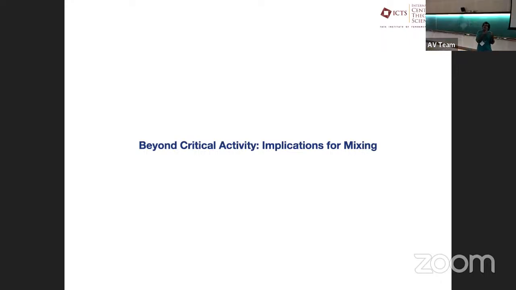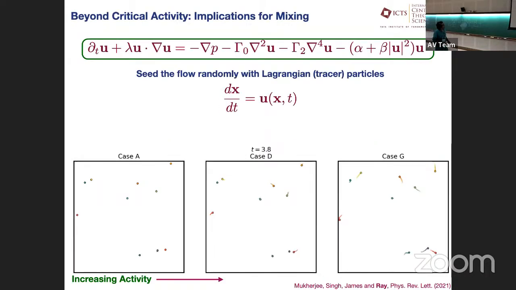The naive way that we tried to look at this question was to ask, is there an advantage of this emergent flow for an individual in terms of, let's say, foraging? Can it use the fact that it is in this bath to move around much quicker? So what we are going to discuss is the implication of mixing. To do that, the way one does normally is to take this flow and put in tracer particles.